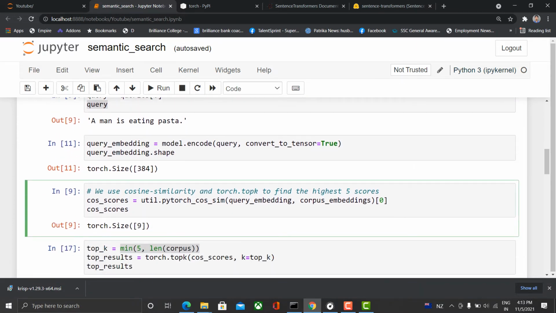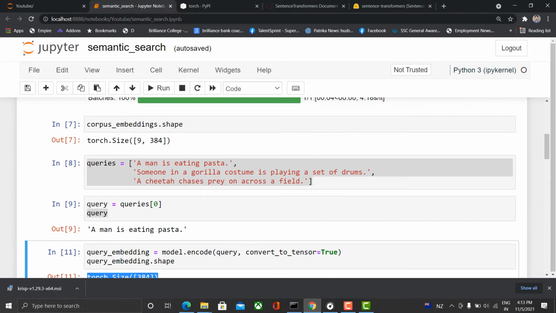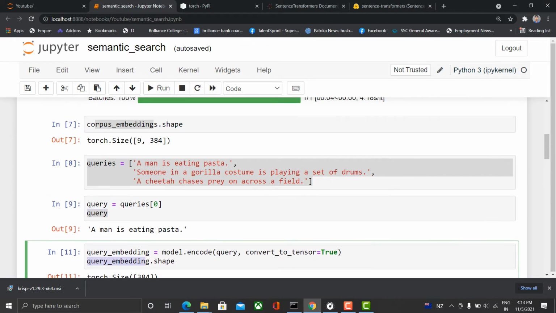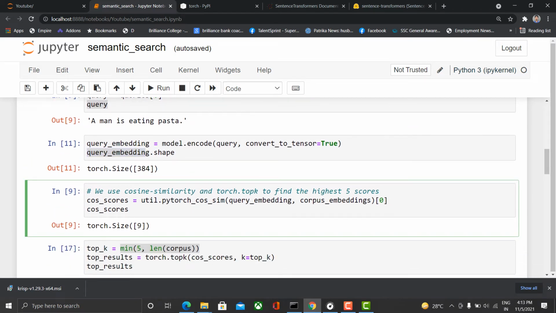Next, from these embeddings, we will try to find the cosine similarity. Cosine similarity is used to compare two vectors. Now we have a vector called the query embedding vector, and a database vector that we call the corpus embedding vector. We will try to find the similarity of the query embedding vector among the corpus embedding vectors. For that purpose, we will be calculating the cosine score, using a method called cosine similarity.